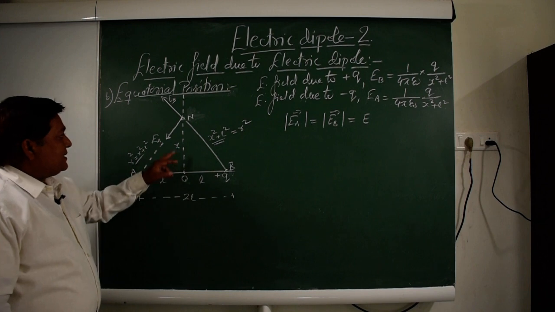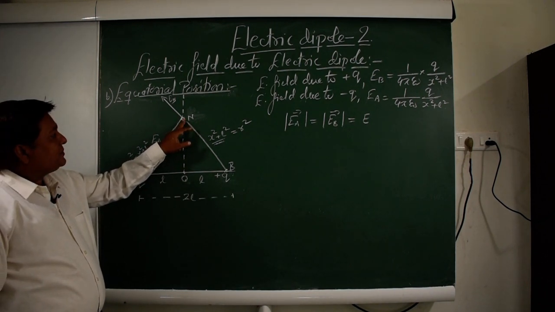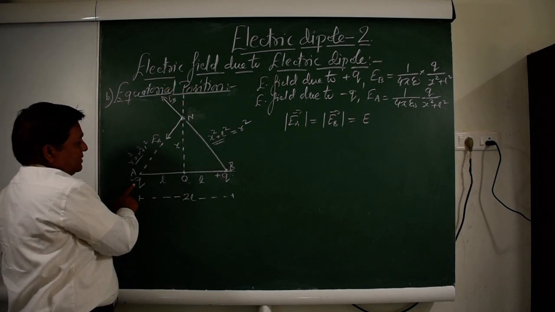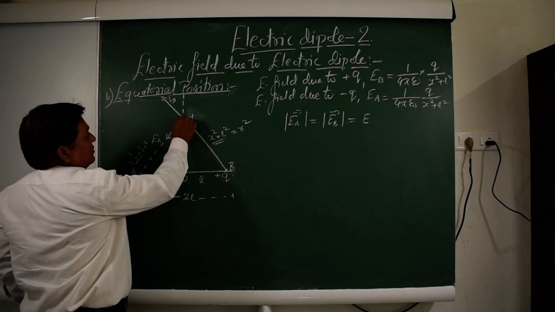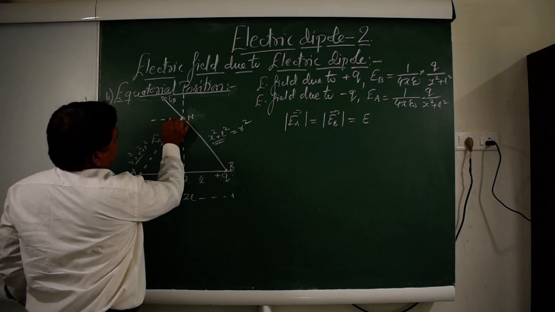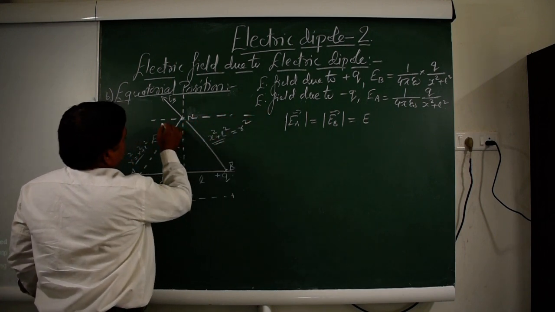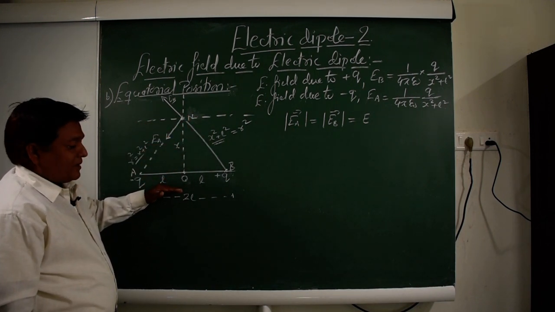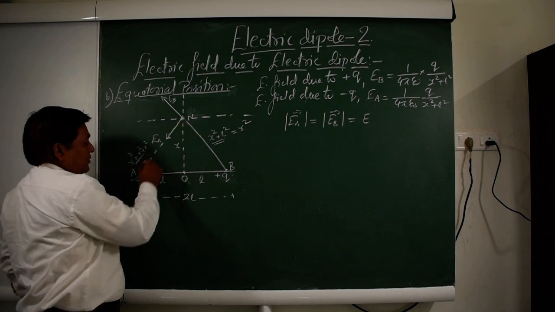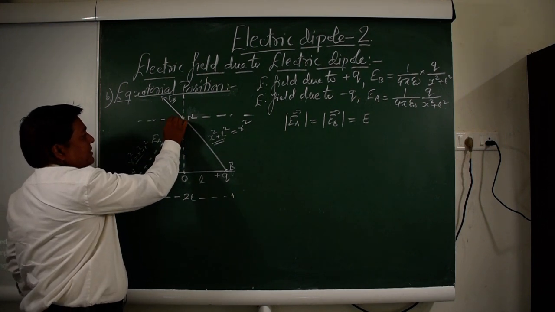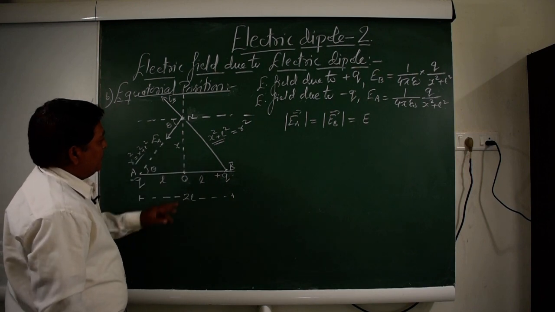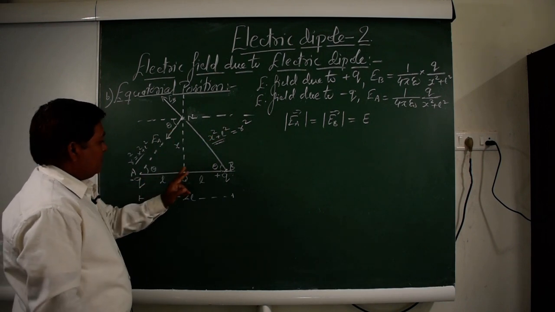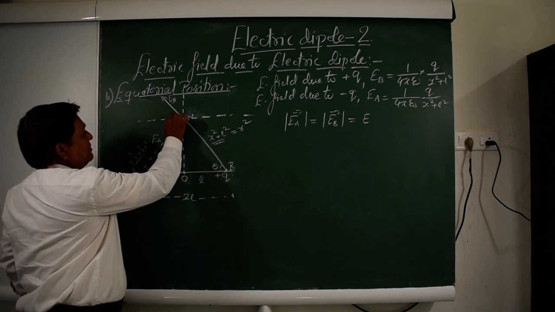What will be the resultant electric field here at position N? This is the direction of the electric field due to plus q charge. This is the direction of the electric field due to minus q charge. So we see that if you draw a line here, this is a line which is parallel to AB, and if we suppose that angle theta is there, there may be again angle theta here. If this is angle theta, why? Because both sides are equal, so the angle will be equal here, theta. Here also the angle will be theta.